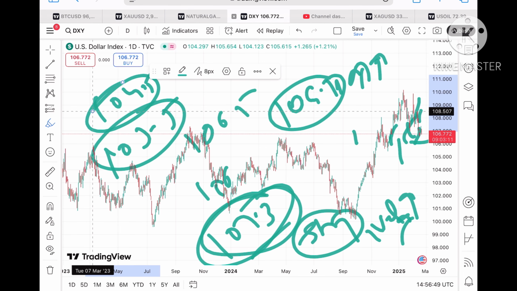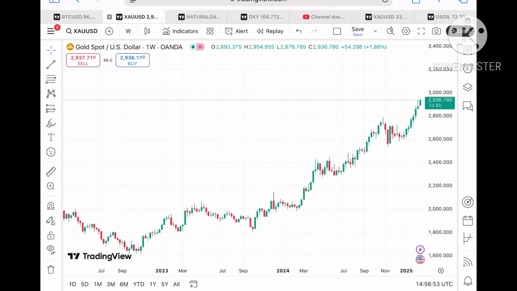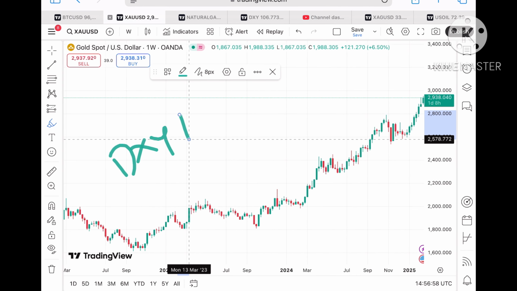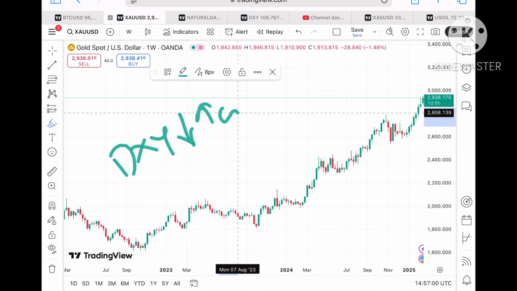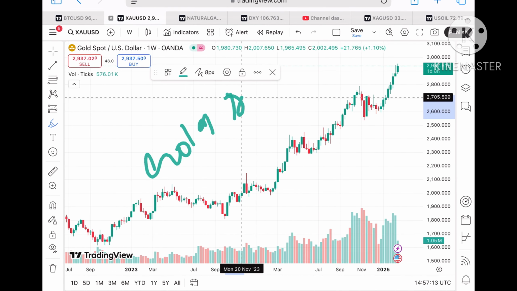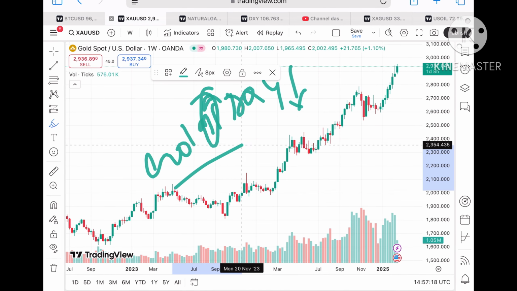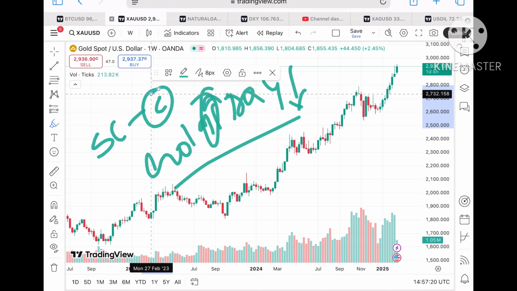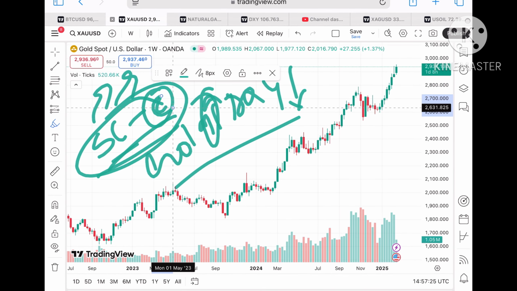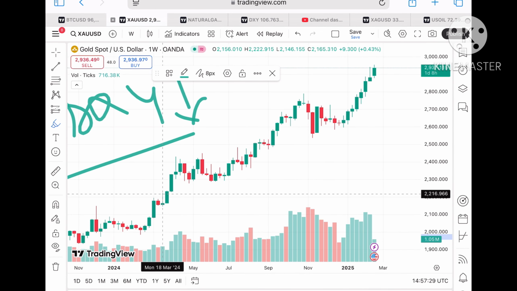Coming back to gold, when the dollar index starts going down, we will see the price of gold go up, and if the dollar index starts going upside, we will see the gold price go down. Dollar index goes down, gold price goes up. This is what we have seen, but sometimes they both move in the same direction. So whenever you start to trade, put your SL so capital will be saved, and trail your SL when you are in profit so you can save your profit also.